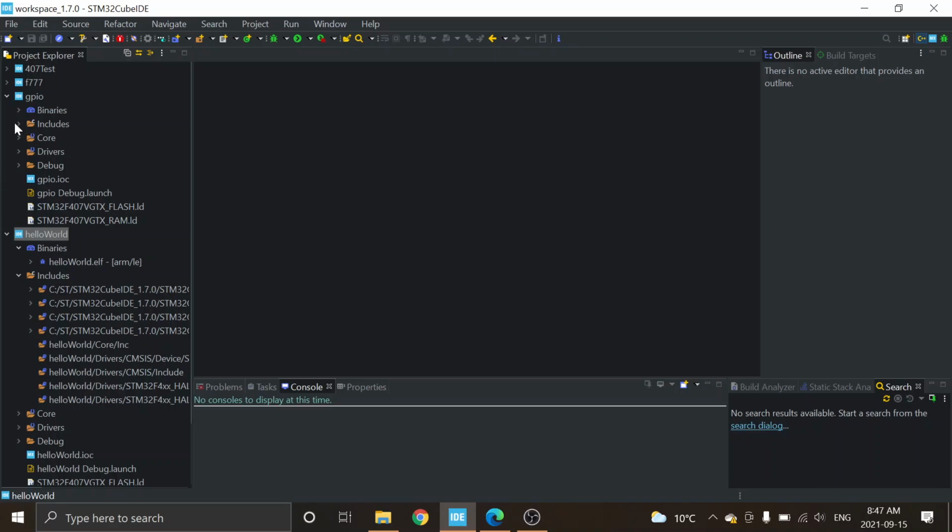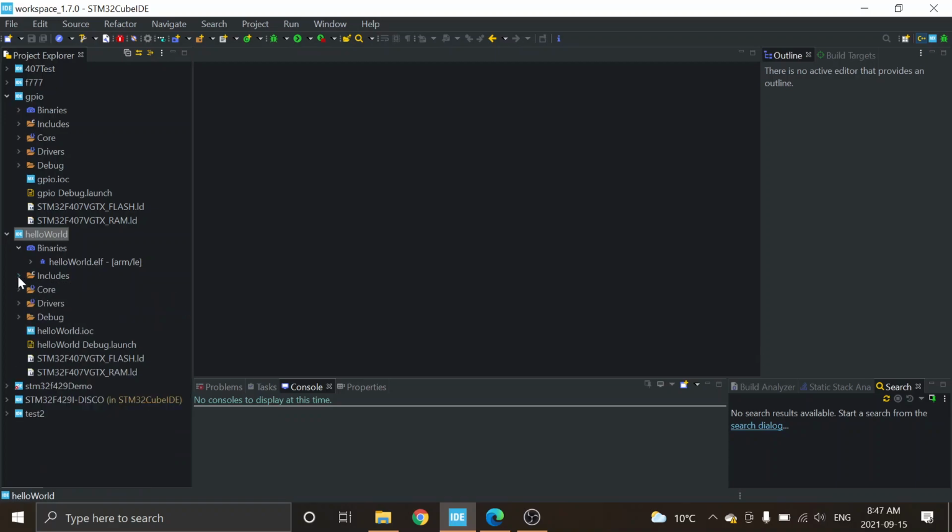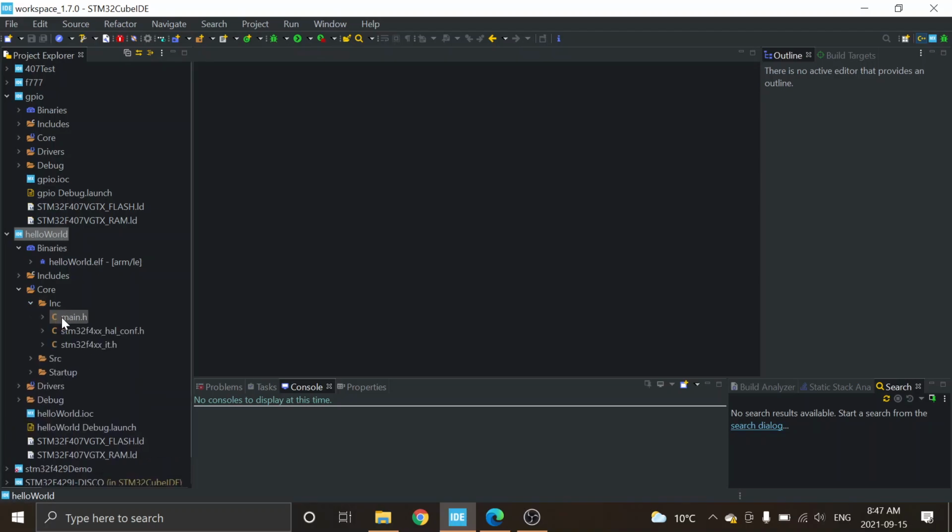I also have core, and core here has an include, a source, and a startup directory. If I go and look at my include, there's a main.h. Now I mentioned main.h, and when you do the graphical environment, main.h is where it puts what you call stuff related to what's there. Okay, so if I go and open up the main.h in here on my hello world,